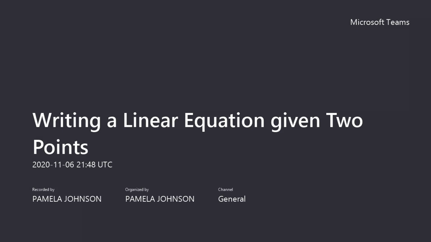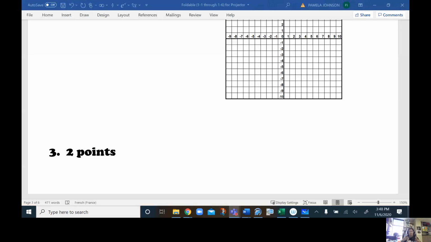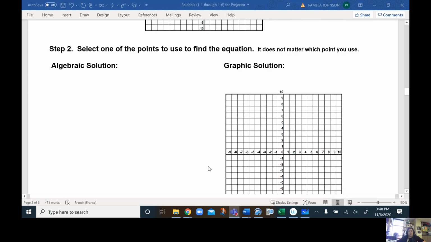Hi guys, so today we're going to talk about finding slope from 2 points. If you have your foldable, it is the third flap in the foldable, okay? So we're going to start up here at